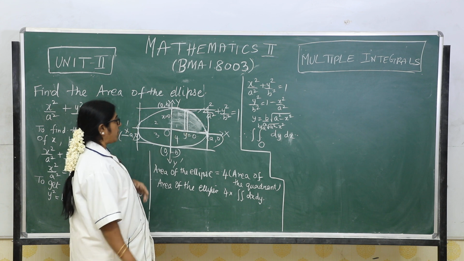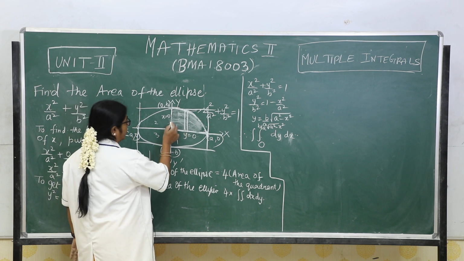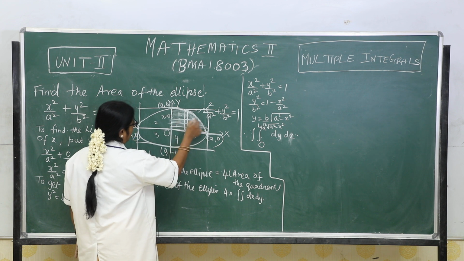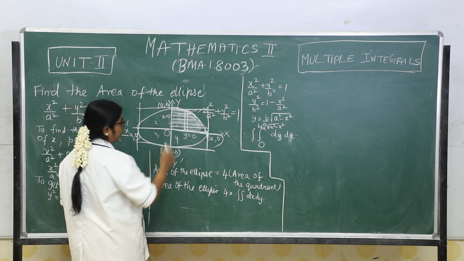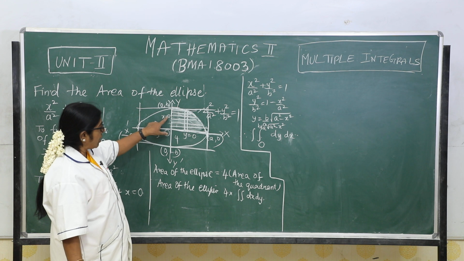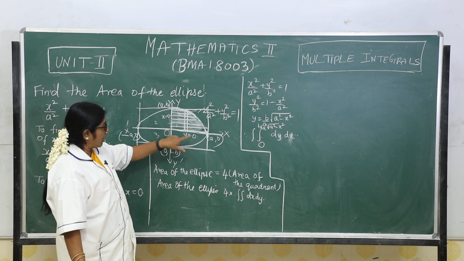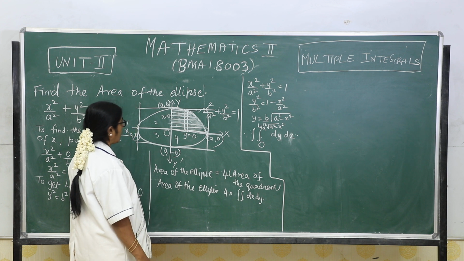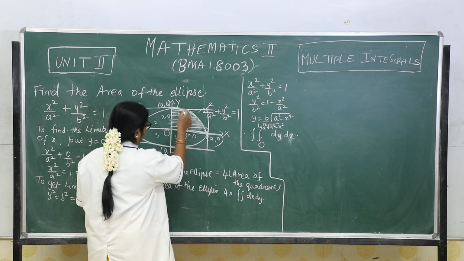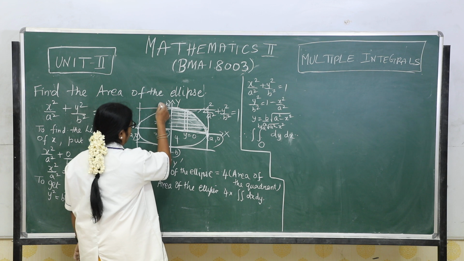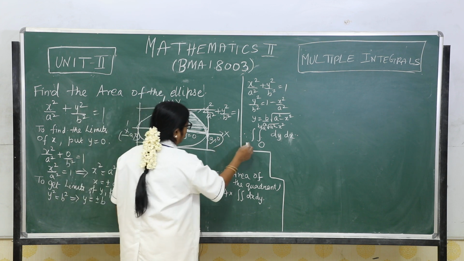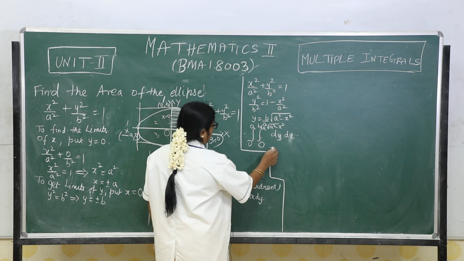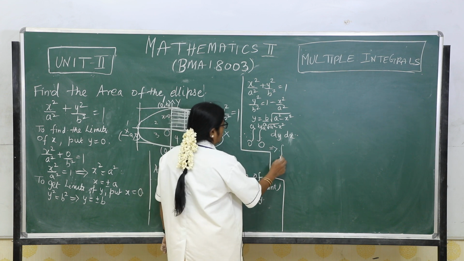Then tell me what are the limits of x. x limit starting from 0 to a. What are the limits of x? 0 to a. Therefore, 0 to a,